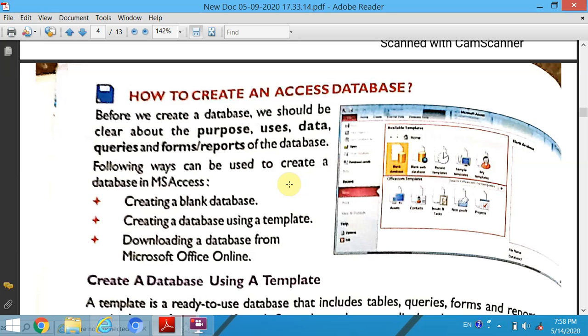Let's know about creating a database in Microsoft Access. You have to follow the steps. First, creating a blank database, creating a database using a template, downloading a database from Microsoft Office Online.